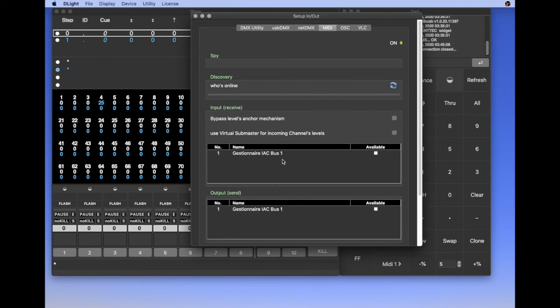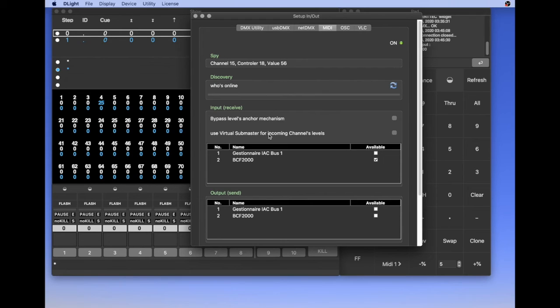Okay, now it's plugged, and I push the refresh button here in order to list my BCF. I have to set it available in order to use it, and if I move a controller in the SPI here, I see the controller, the value that is received. And after, you will have to make a MIDI patch, but this is another thing.